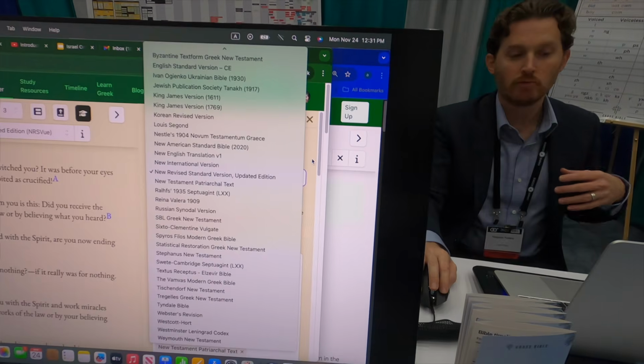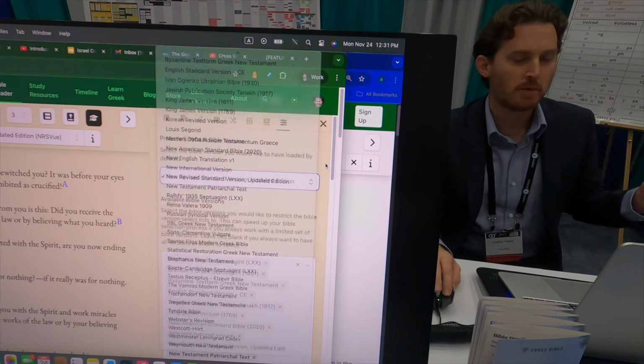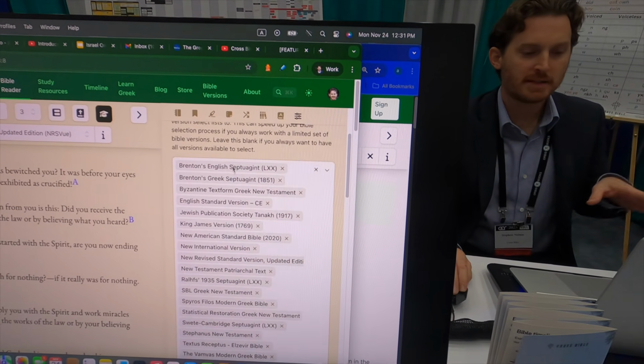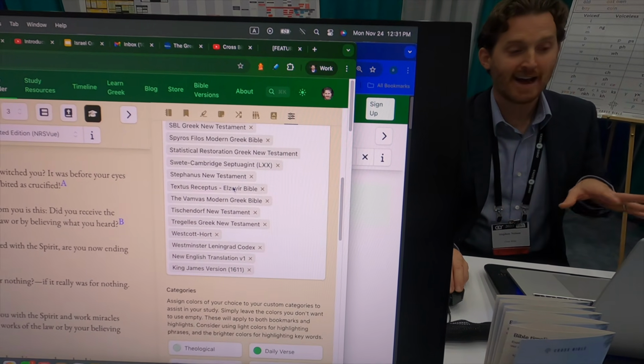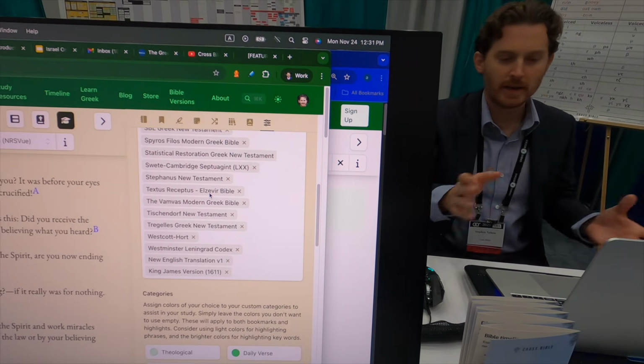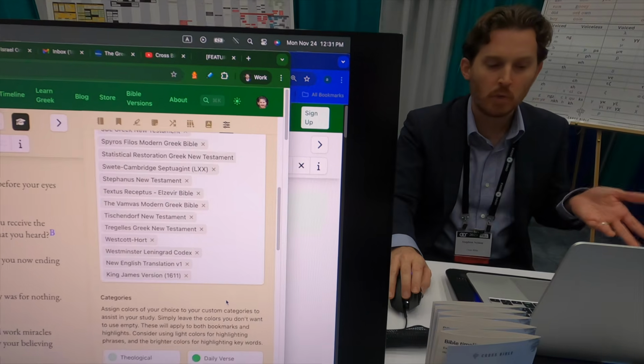If you are not registered for free, then the NIV will be your default, and that's fine, but you can just change it. I also have my custom Bible version, so these are the Bibles that I want in my menu. We have other versions, like the Korean Bible. I don't know Korean, I don't need it in my menu, right? But some people would want that.